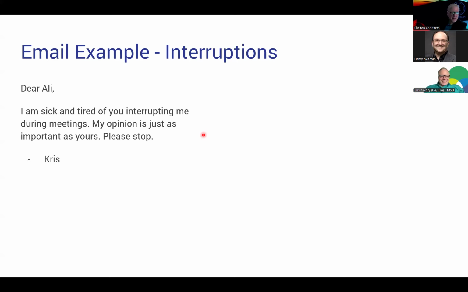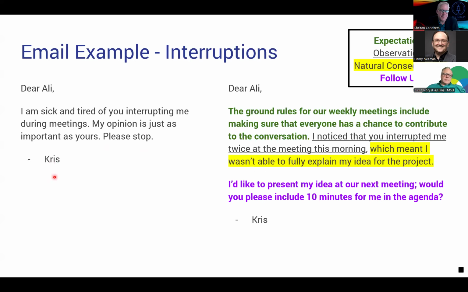Okay, so now we have Chris and Ali who are co-workers, and apparently they have team or group meetings. And maybe this is a little bit like my example earlier, where Ali grew up in a family where people talk and talk over one another and interrupt constantly, and Chris doesn't. Or maybe there's something stronger here. But clearly, there's some emotions going around this with Chris being interrupted and not being able to make a point. So let's look at it if we put the expectations, observations, natural consequences, and follow up.